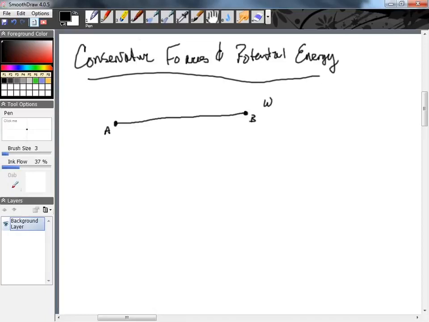But the cool thing about it is, whatever amount of work that is, it doesn't matter. We could take this path here and wind up at B. And as long as we end up at B, then the amount of work is still the same. It's a constant amount of work. That our work is path